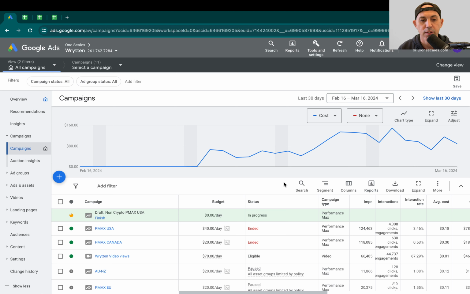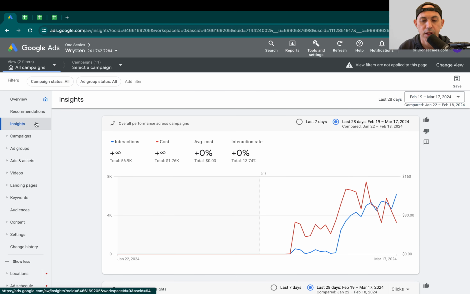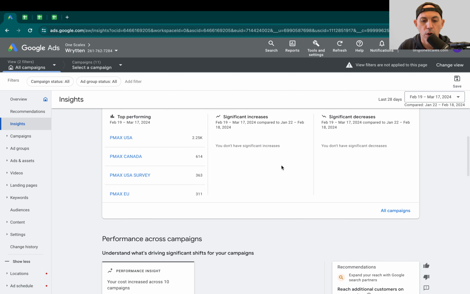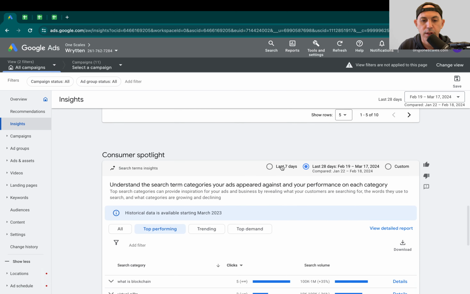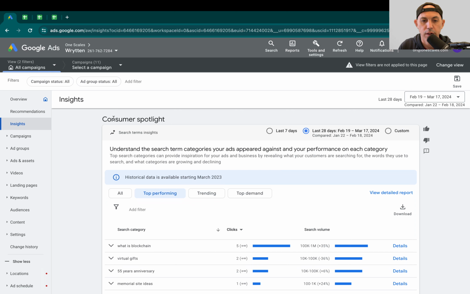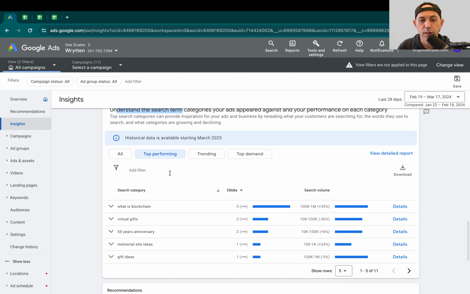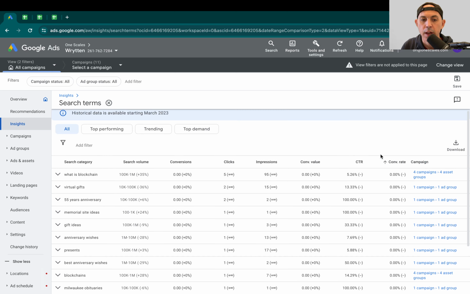So all you have to do is either go to your account itself and click on the Insights, or you click on the specific Performance Max campaign and then click on Insights. I'm going to click on the account itself, but you can click on any specific campaign. What you're going to do is scroll all the way down until you see this section right here called Consumer Spotlight, understand the search terms. And what you're going to do is click on All right here, and you're going to see a list of all your terms. And I like to actually click on View Detailed Report right here,